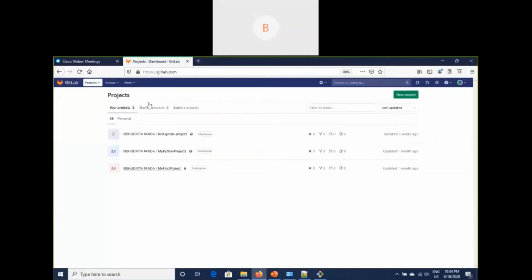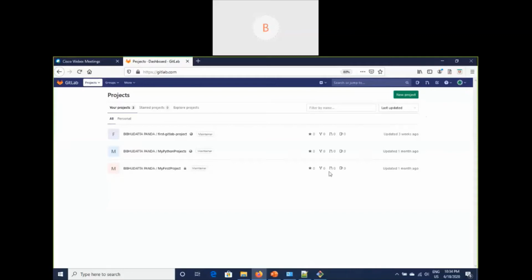I have a GitLab account already created. If you go to the gitlab.com site, there are options here. If you don't already have an account, you need to register and create it. There are a few steps for the verification of your email ID or mobile number.